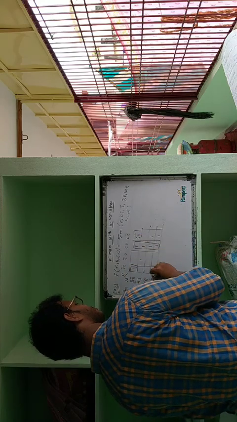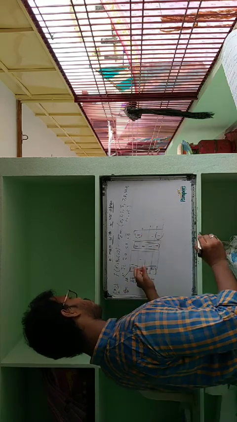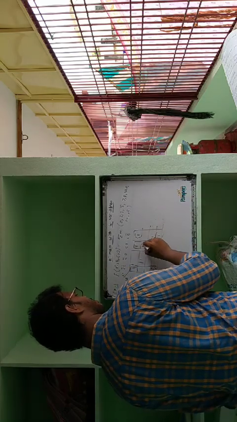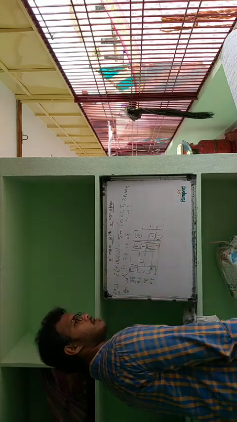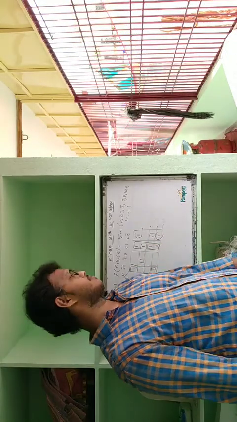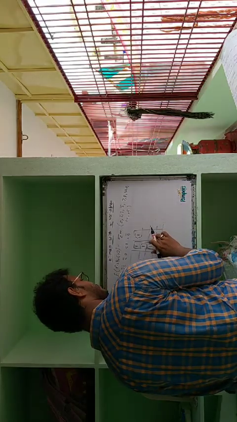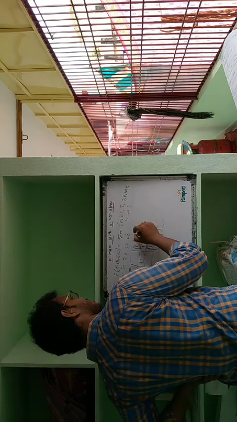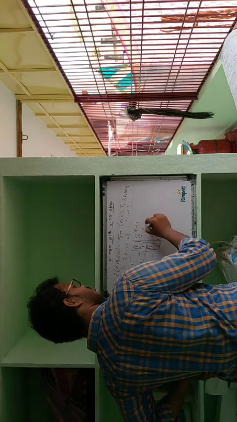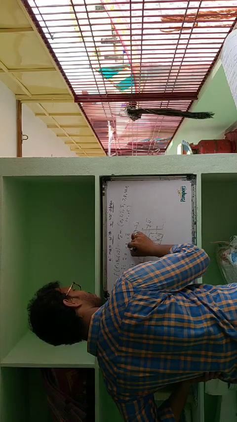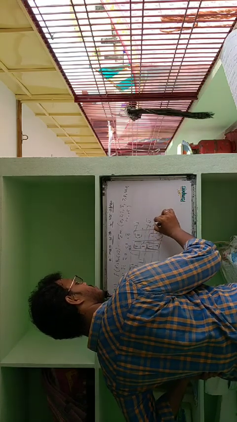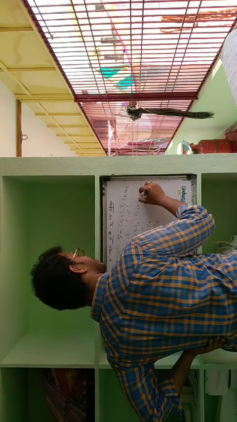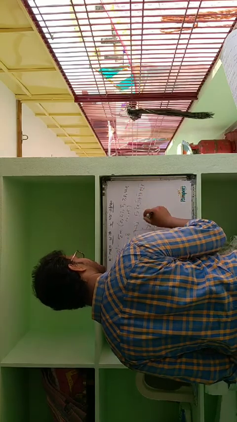This one, this one, this one, this one. This whole thing will be one group. This will be one group. Okay. You can make like this. Or you can do like this also. This entire group will be 1. This is 2. This is 3. This entire group is 4. The function is 1 plus 2 plus 3 plus 4.